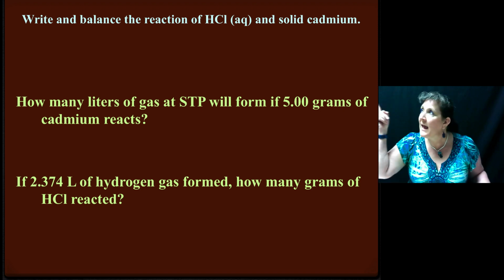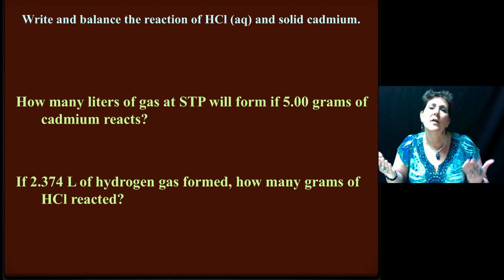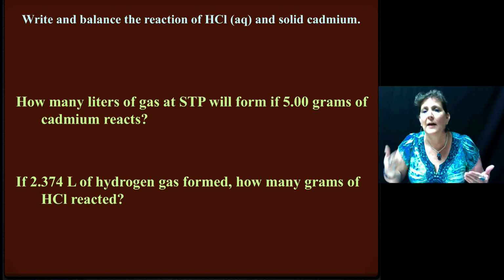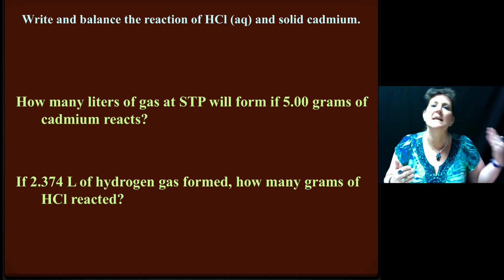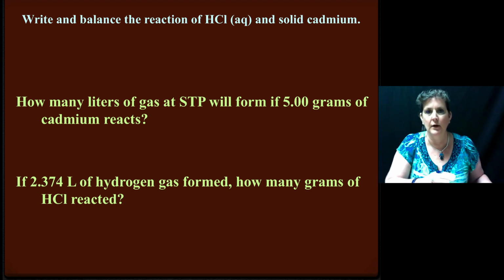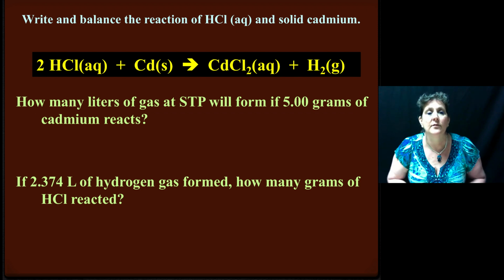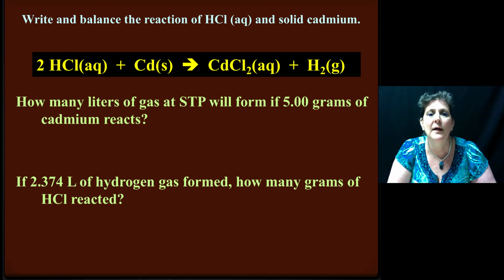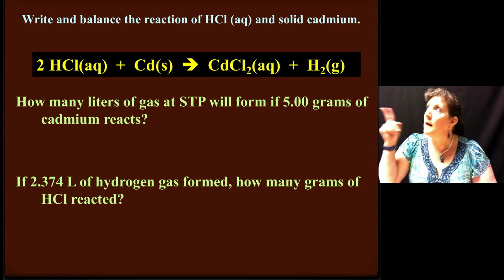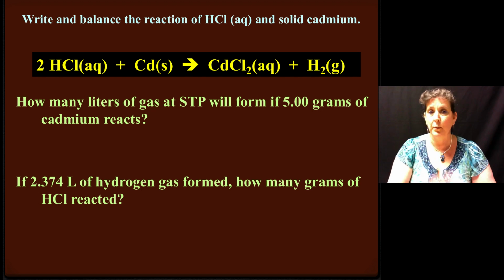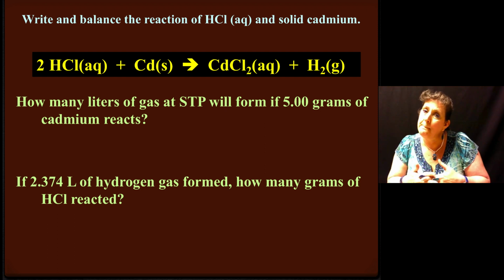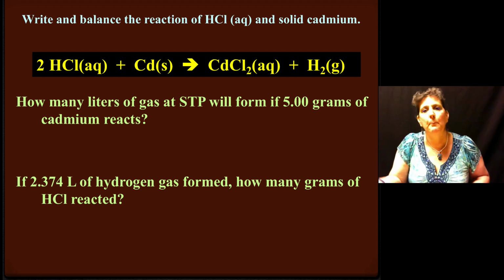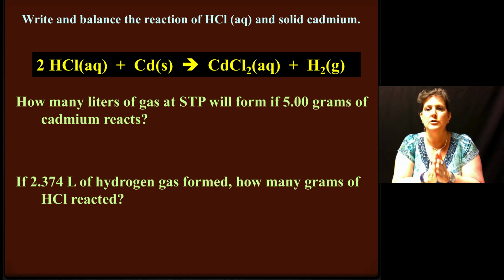Right now we have HCl together. Hydrogen has a friend in chlorine, but we just said hydrogen is less active, it should be alone. Cadmium should have the friend. We need Cd and Cl to buddy up. Here's the reaction. It takes 2 HCl aqueous plus solid cadmium to make cadmium chloride. Notice the formula CdCl2. Because Cd is a +2, you need 2 Cl's at -1 each to go with them. Remember to check your charges every time you put a metal and a non-metal together. You got to check your charges.